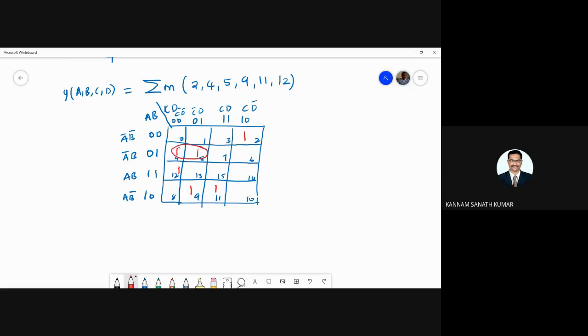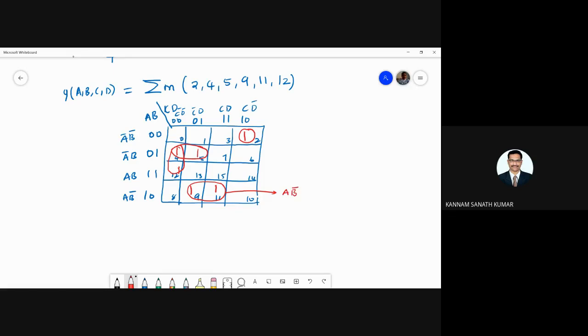This one is not making any pair, quad or octet, so it is single. A pair will eliminate one variable, so here you can write A B bar.